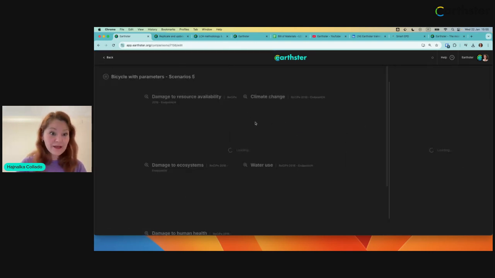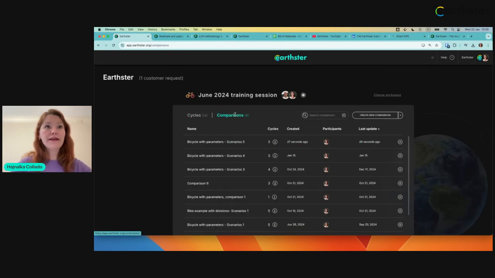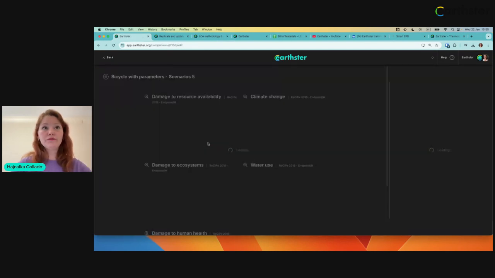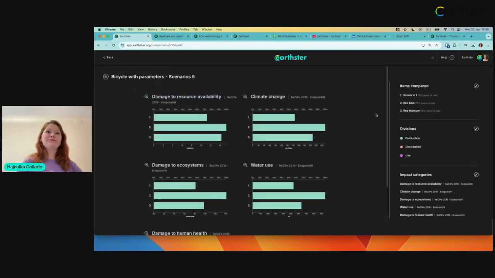What the system calculates for the main 5 impact categories, but if you have the full Ecoinvent license, you have access to other impact categories. And now it's surprisingly slow. When this happens, if it feels too long, what you should do is reload your page, and then the results will most often be there. Let me show you. Yes. Sometimes it gets stuck. Look, these are our different scenarios